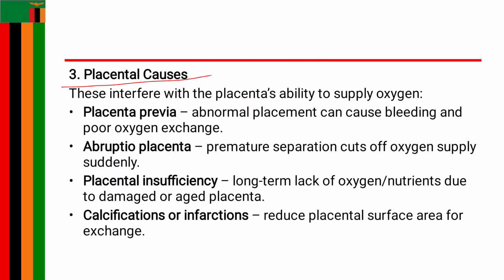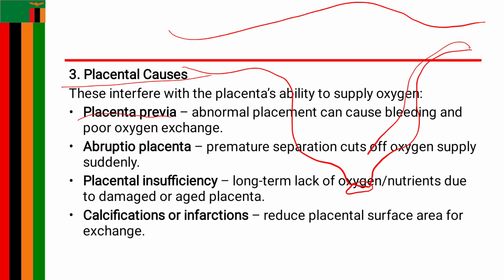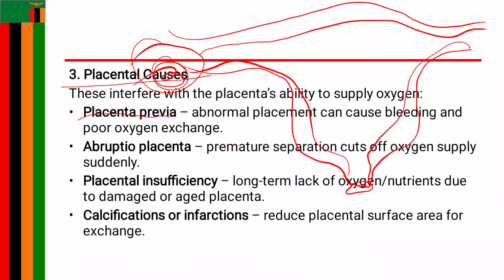We also have placenta causes. One of the placenta causes is what is known as placenta previa. Previa means before. So when we talk of placenta previa, we always bring in the aspect of the implantation, how the implantation occurs in the uterus. So meaning that you need to have the picture of the uterus in your head. So this is just the partial drawing of the uterus, and of course we have the eggs there.